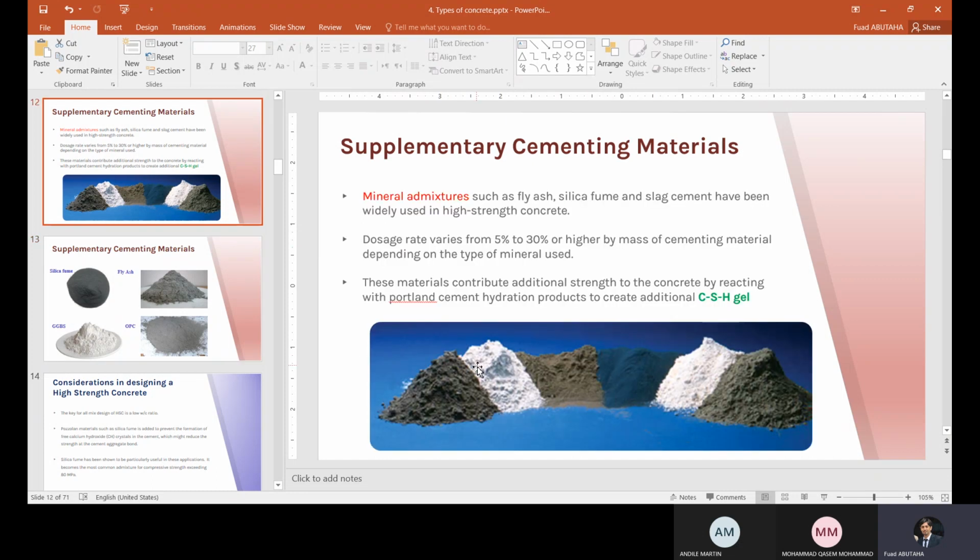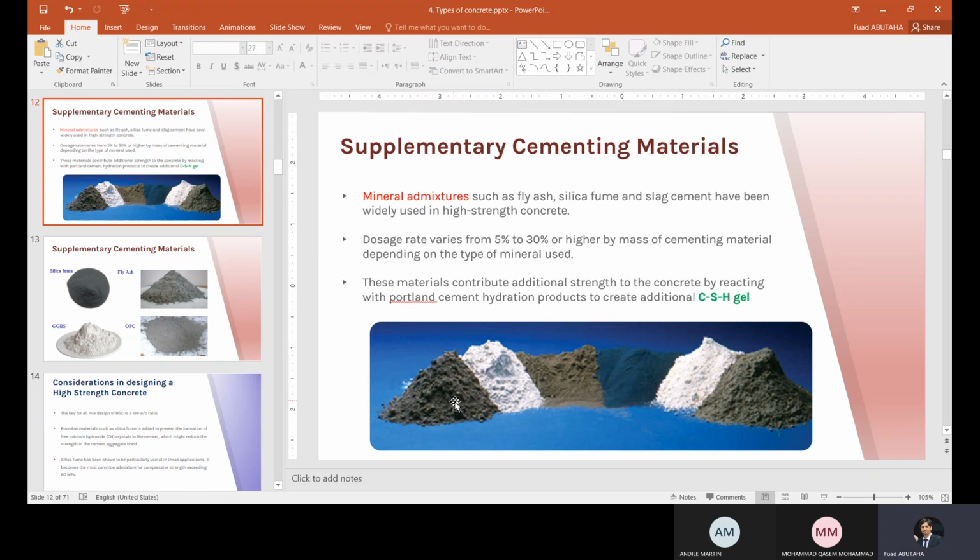So mineral admixtures are used in the concrete as a cement replacement, not as an addition to the concrete. It means that we need to replace